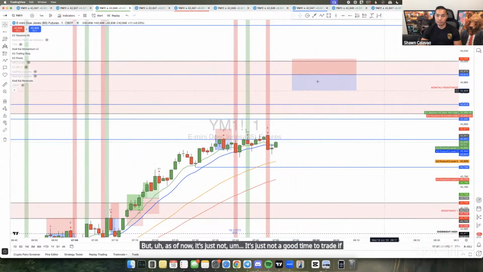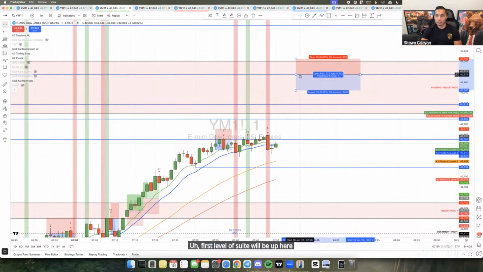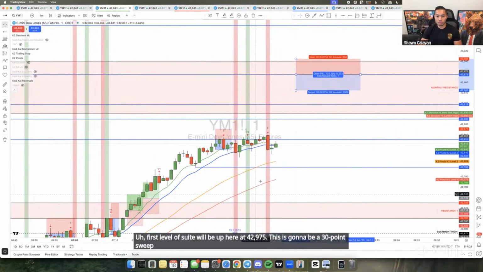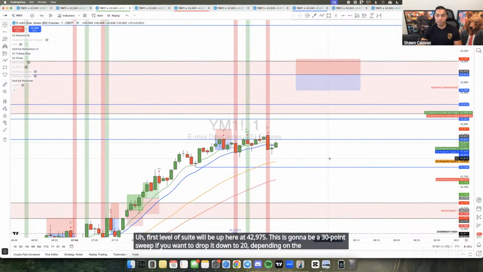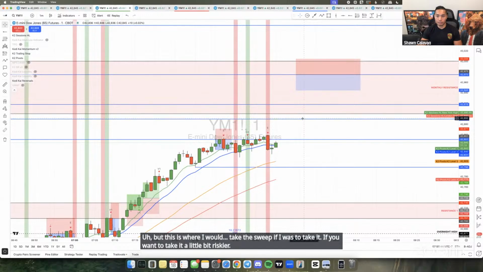If you want to take some sweeps, the first level of sweep will be up here at 42,975. This is going to be a 30-point sweep. If you want to drop it down to 20, depending on the ATR, you can do that. But this is where I would take the sweep if I was to take it. If you want to take it a little bit riskier, you can take it from this lower level right here,